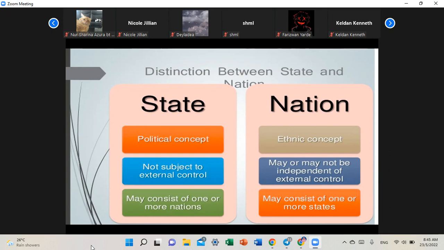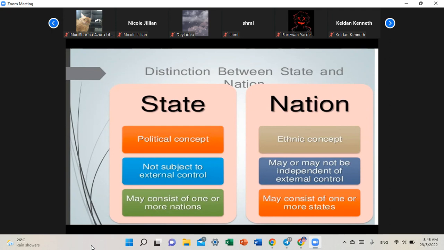A nation may or may not be independent of external control. It can be independent from external control if it's a homogeneous country. If everyone of the same nation manages to establish their own sovereign state, then they are independent of external control. But if they get separated into different territories, then they are subjected to external control because they are all under different administration. For instance, the Chinese people, we have the mainland Chinese, and then we have a lot of